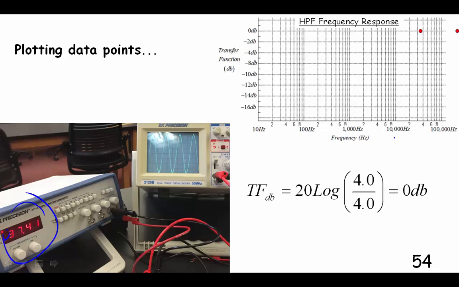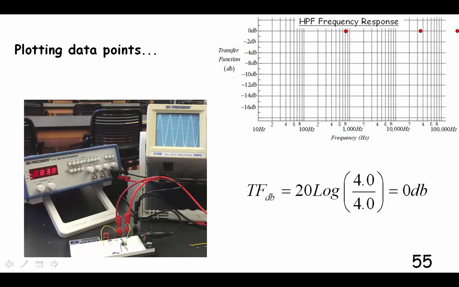That's kilohertz. So we're at 37. The way this works is this is 10,000, 20,000, 30,000. That'd be 40,000 right there. So this is 37,000, somewhere about right there. Okay. And we're still at 0 dB because I've still got 4 volts coming out. Here we still got 4 volts coming out of our output,